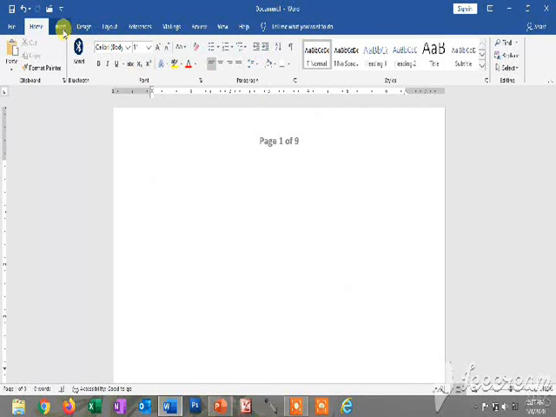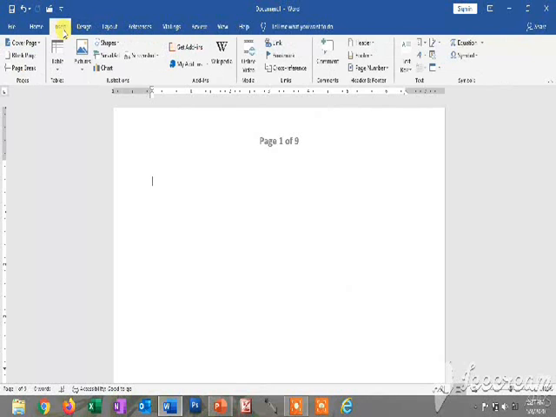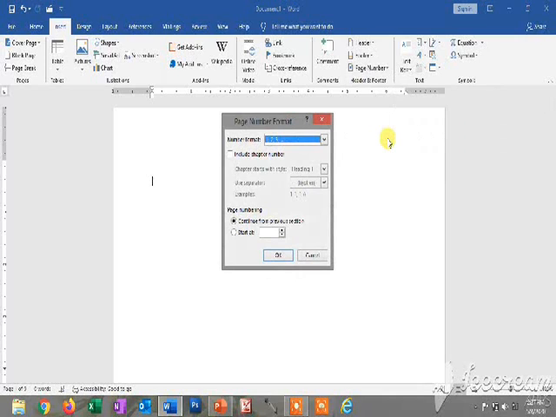So how? Insert tab. In the insert tab, header and footer group. This is basically the header and footer group. Choose the page number and format. This is the page number, and choose the format page number. Sometimes there is a requirement you can start the page from any other number, not continued.